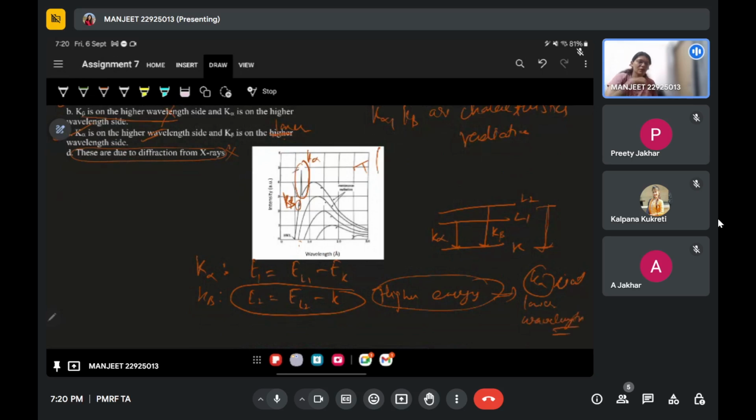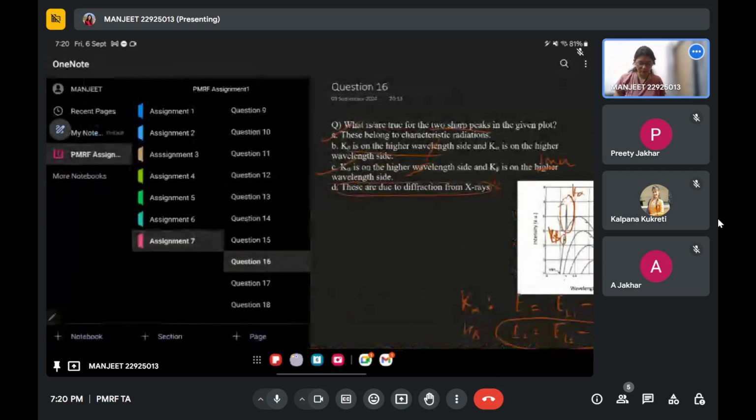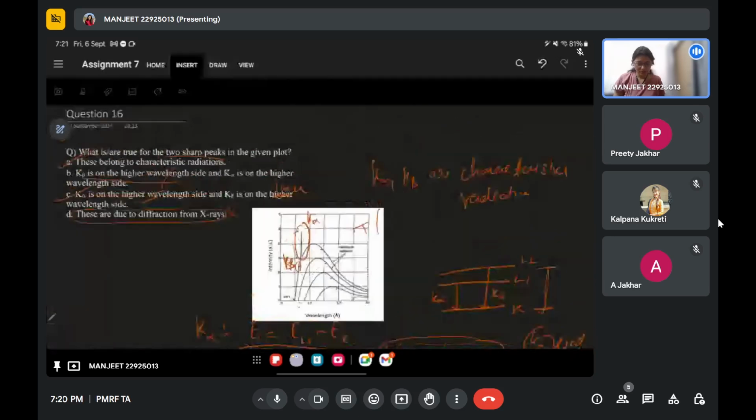So that's why K beta occurs at the lower wavelength compared to K alpha, because K alpha has the smaller energy and the higher wavelength. So always the alpha line will be at the lower energy and higher wavelength, and the beta will be at the lower wavelength. Now from these types of questions you have already confirmed this, because as we increase the voltage, we get the characteristic